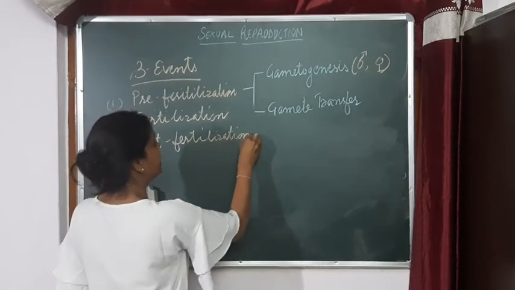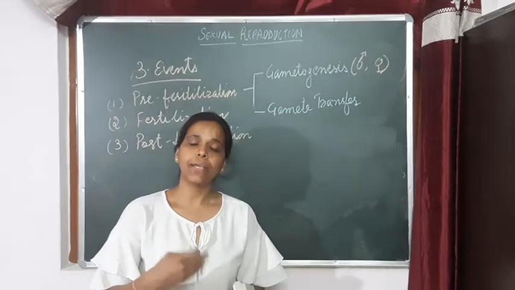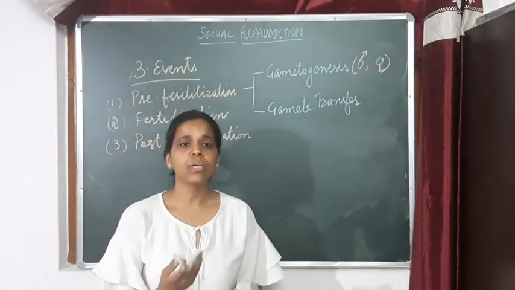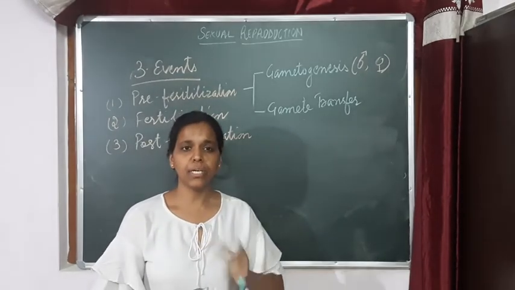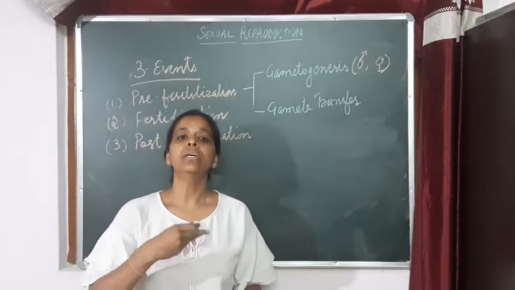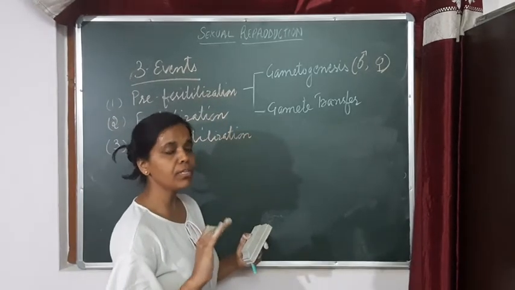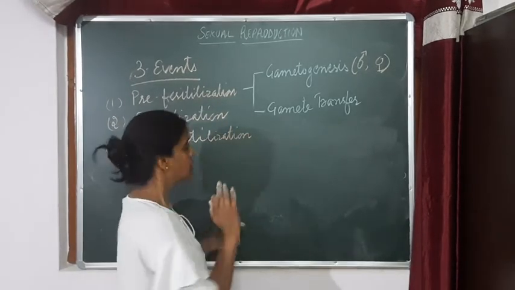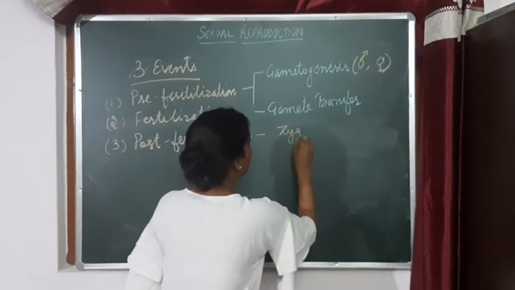Now, post-fertilization deals with what happens after the formation of a zygote. The events included under post-fertilization include the development of the zygote, right? So, till fertilization, we are done with the formation of a zygote. So, in post-fertilization, once the zygote is formed,